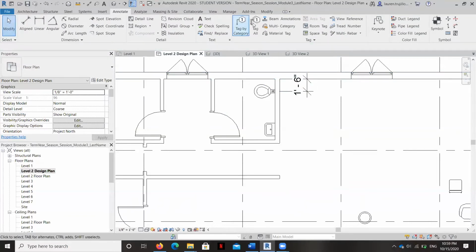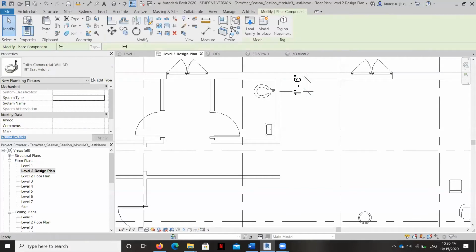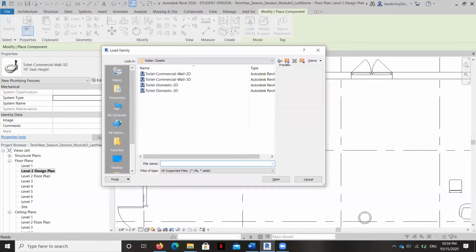The other thing that I'm going to do is place some grab bars. I'm going to place a component here, and these will be downloadable. I got them from the Kohler website. But again, I'm worried that I'm going to lose my file path here.